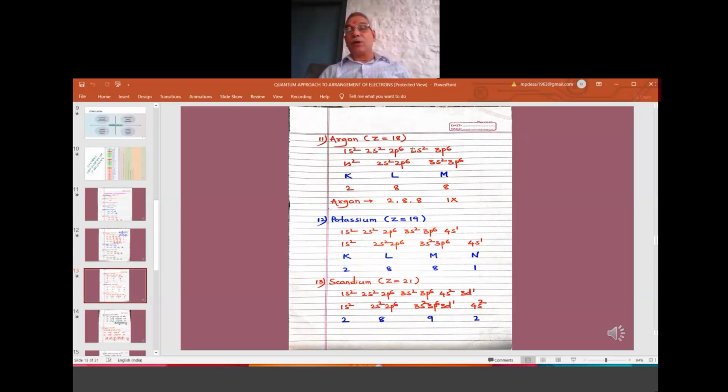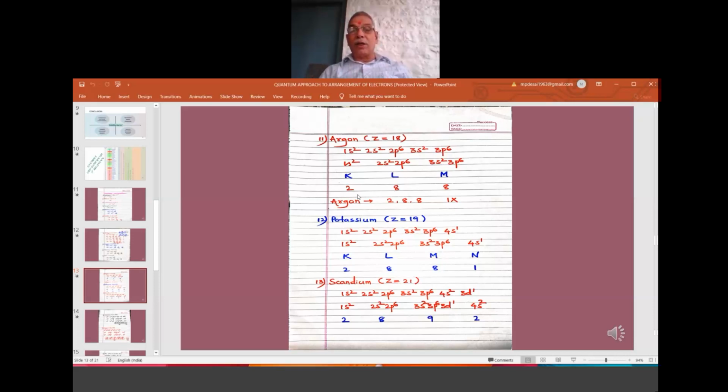Here they belong to the third level, n equal to 3, which is the M shell. So I have written KLMN: 1 means K, 2 means L, 3 means M. Because there are 2 in the M, I have taken both in the M, and because there are 2 in the L, both for the L. So in K, totally 2 electrons; in L, 2 plus 6, 8 electrons; in M, 2 plus 6, 8 electrons. Totally K 2, L 8, M 8.